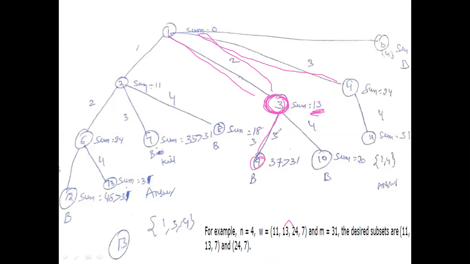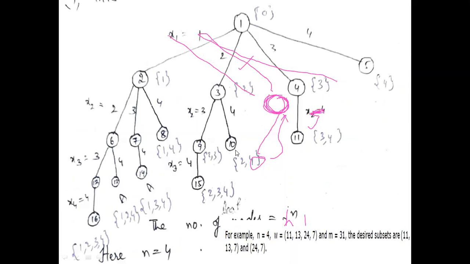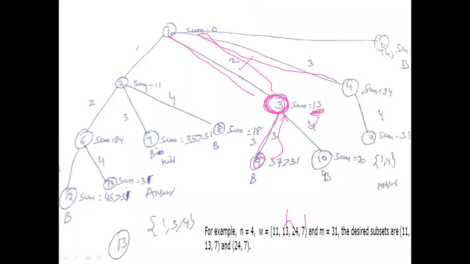So the third node, by backtracking, goes back and generates another child, the 10th node. The 10th node means the sum of the second element and fourth element, which is equal to 20. The 10th node has no children in the solution space tree. And we go back to the third node. The third node is fully expanded, and we go back to the first node.